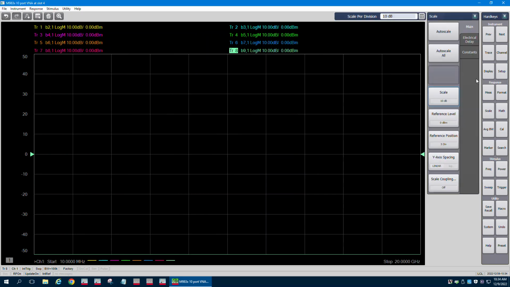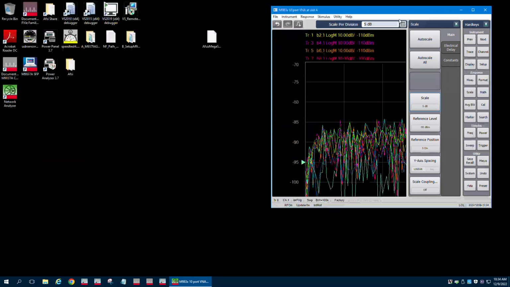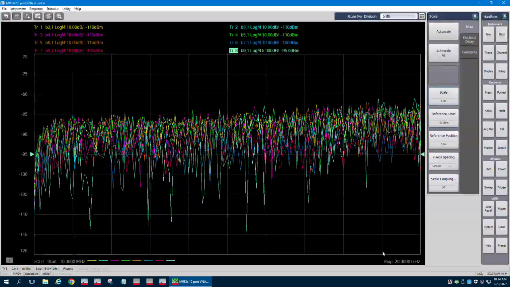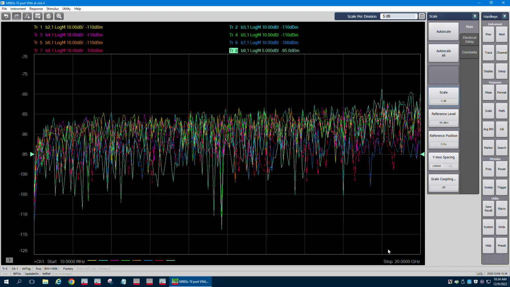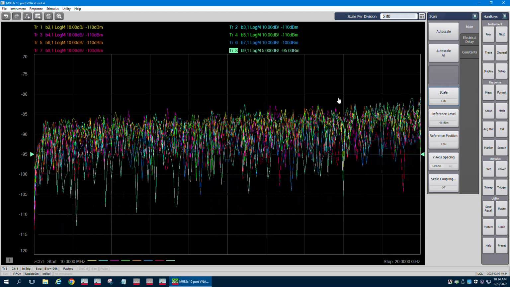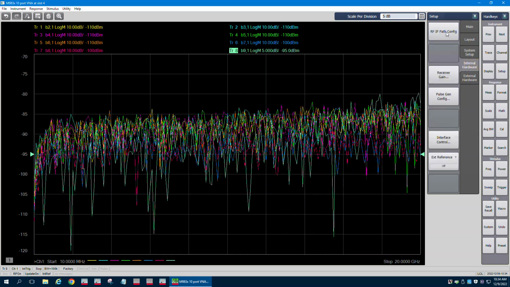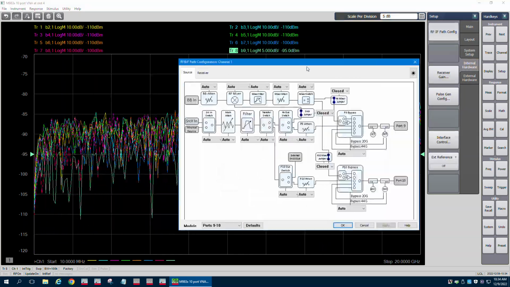If port 1 was the transmitter, it was going into all these receive ports that were measured, and these are all measured together at the same time, as long as they're in the same frequency. If you change the frequencies, different frequencies measured are different sweeps. And the B9 is also the one that's